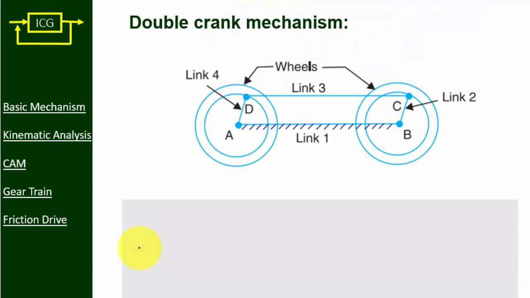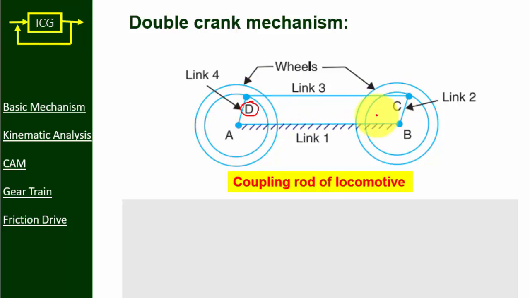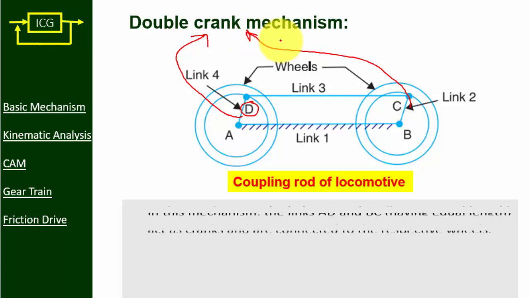Now I am going to do some modification on the 4-bar mechanism. Say here the crank length, so 2 links have the same length and the 2 links act as cranks. It looks like a parallelogram. So an example for double crank mechanism is the coupled rod of a locomotive. See that word, double crank. So this is crank 1, this is crank 2. That's why it is called a double crank mechanism. It looks like the coupled rod of a locomotive. That's why it is called a double crank mechanism.